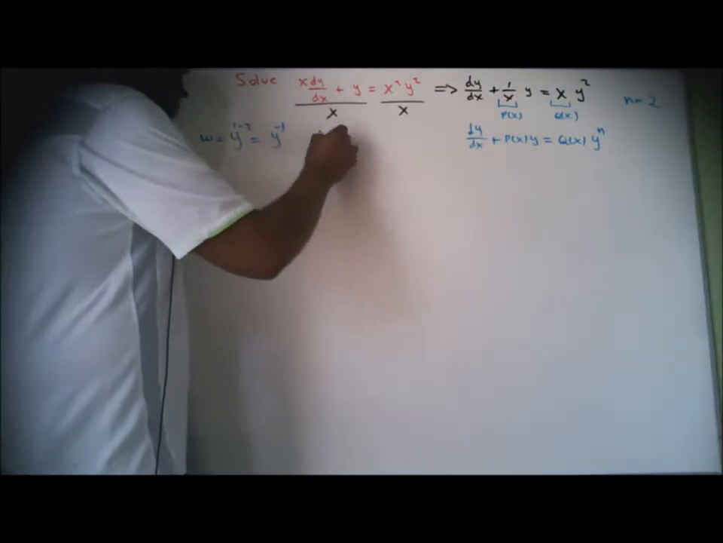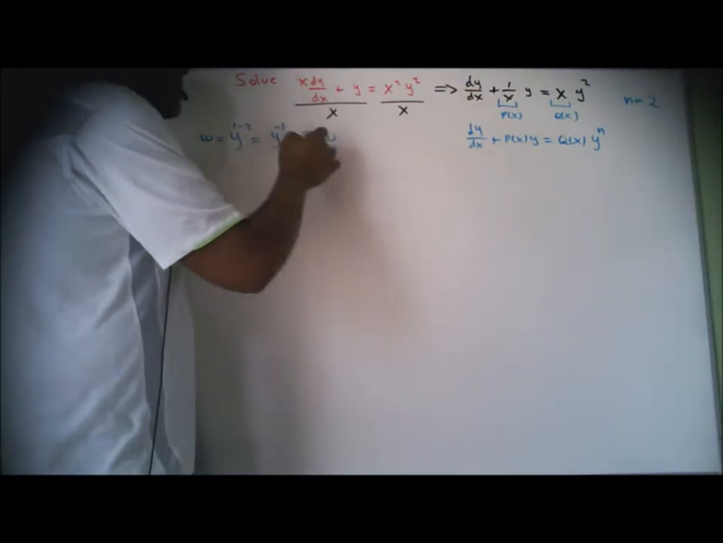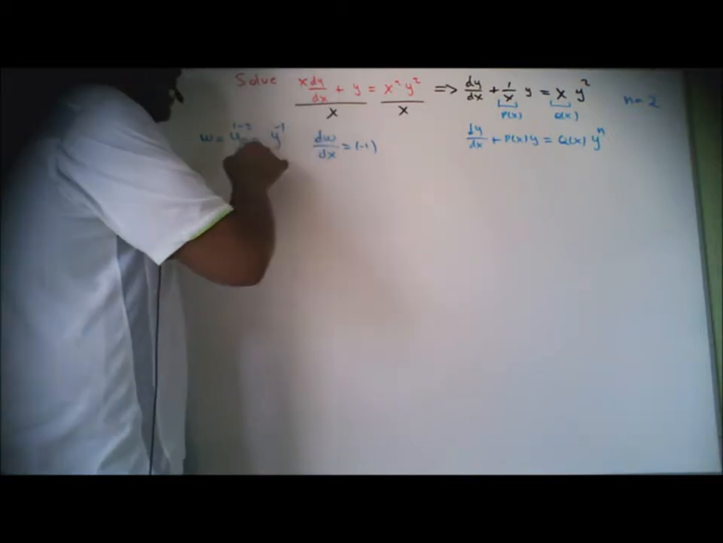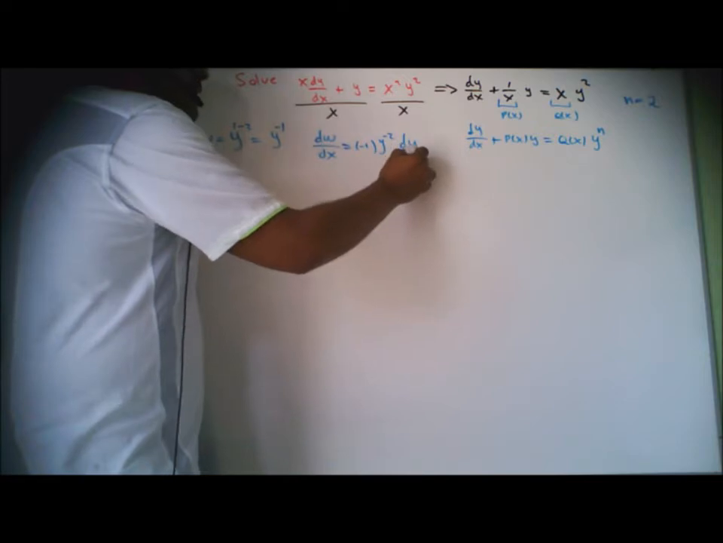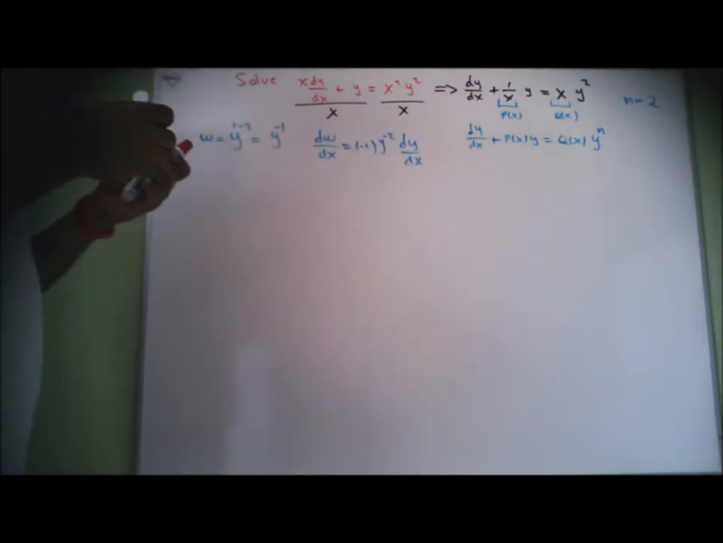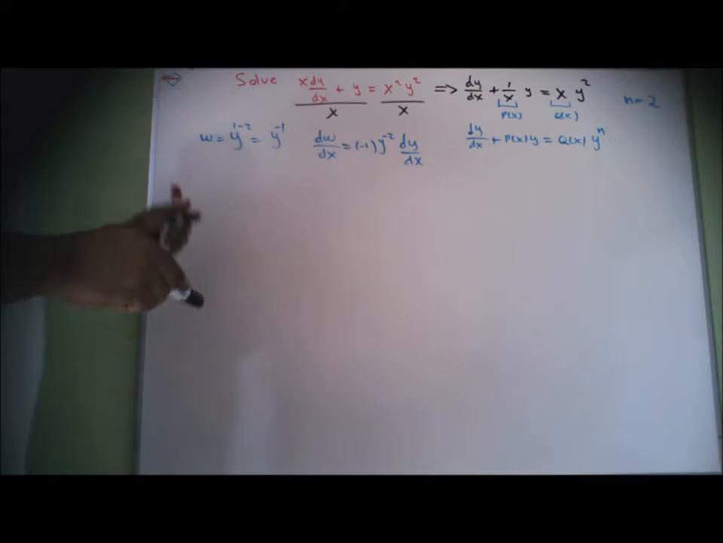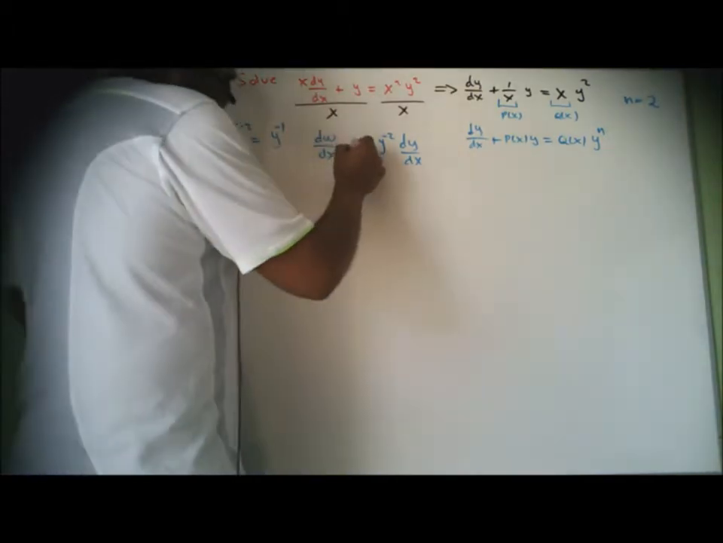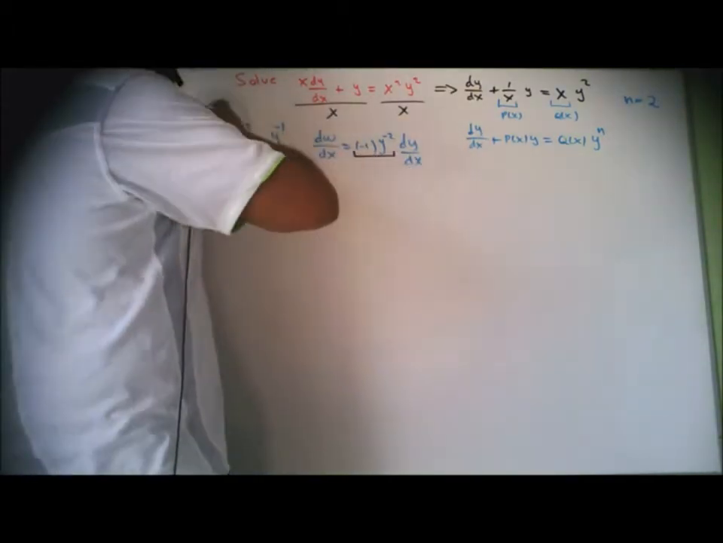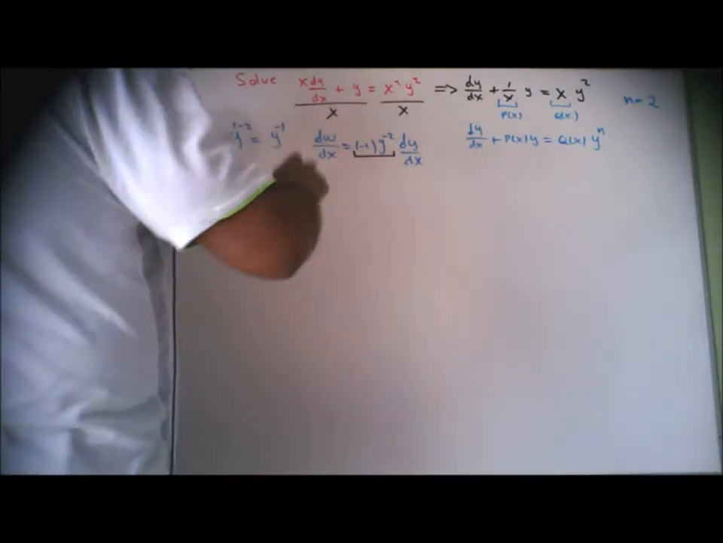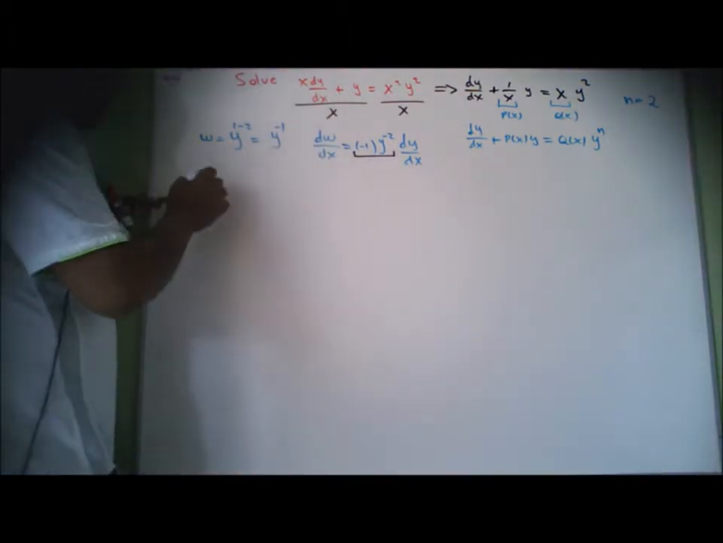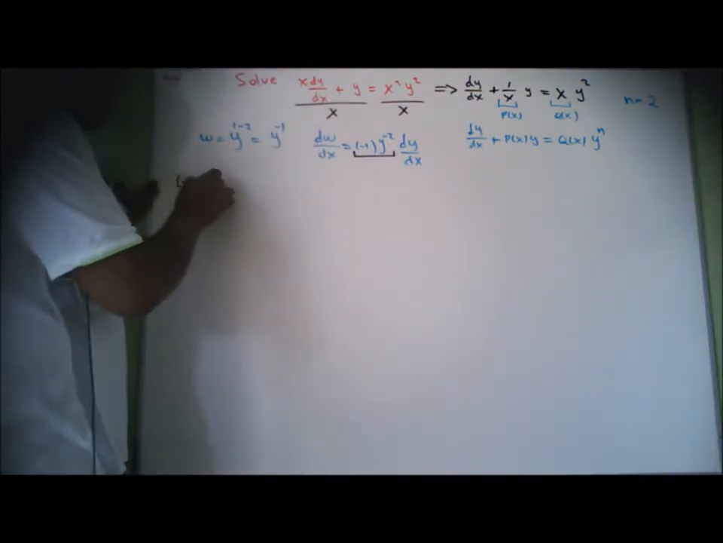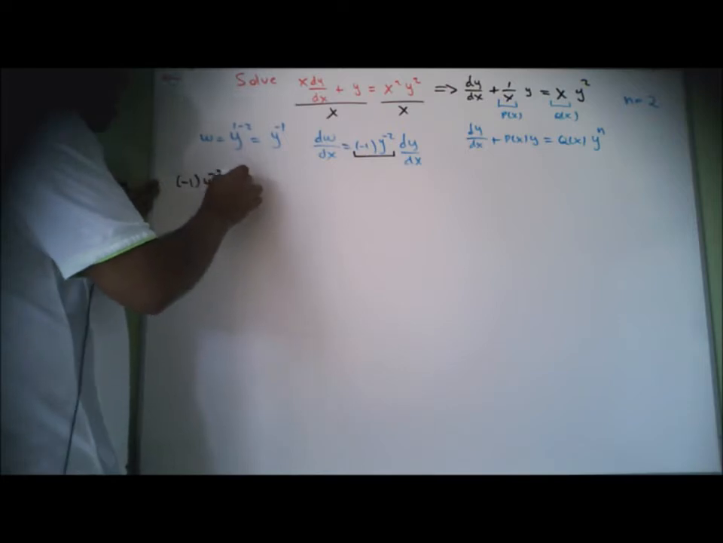So the derivative of w with respect to x, if you take the derivative of this, is going to be minus 1, the minus 1 goes down, and then y to the power minus 2, and then the derivative of y with respect to x, if you use the chain rule. Okay, so what you have to do according to the method in the previous video is multiply this times your whole differential equation. If you do the multiplication, you are going to get minus 1 y to the power minus 2, derivative of y with respect to x,